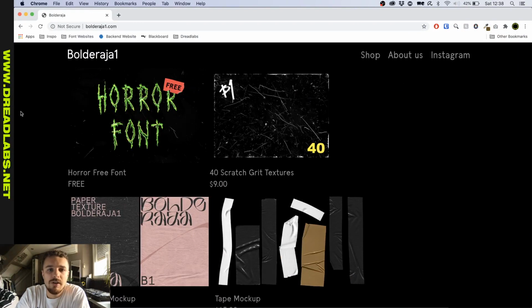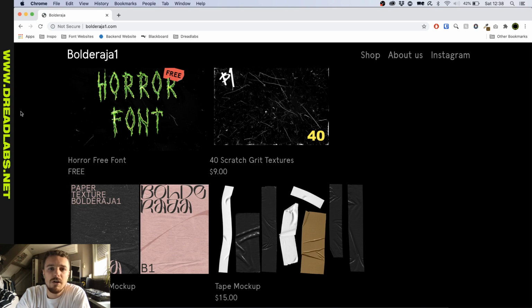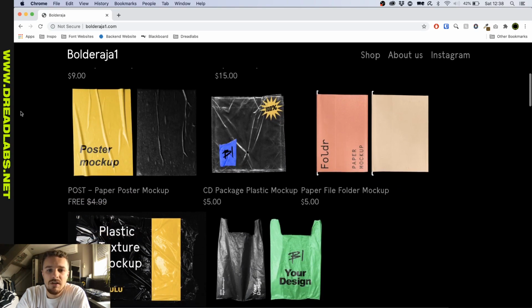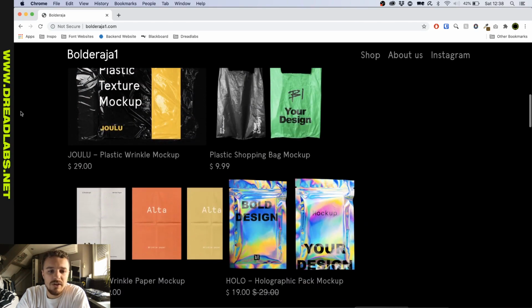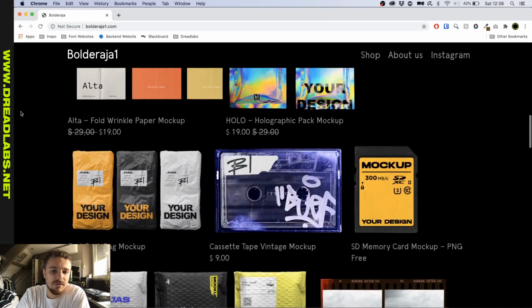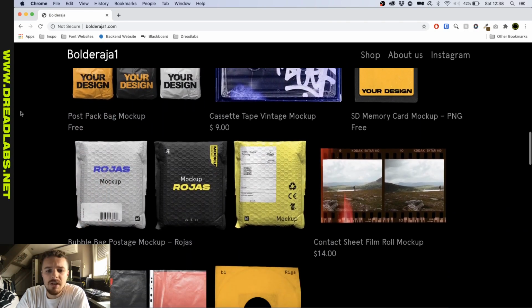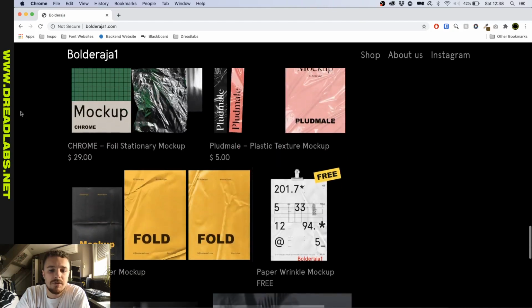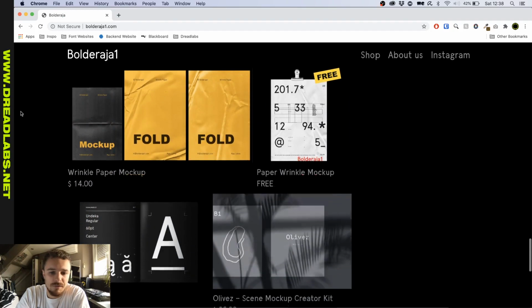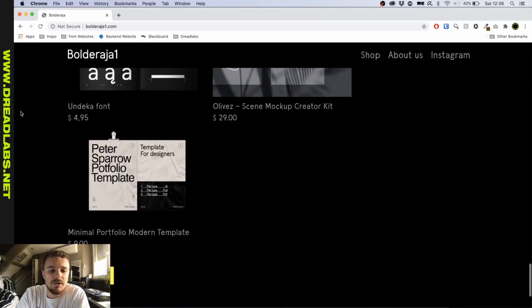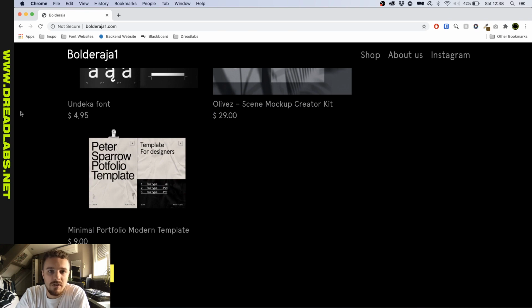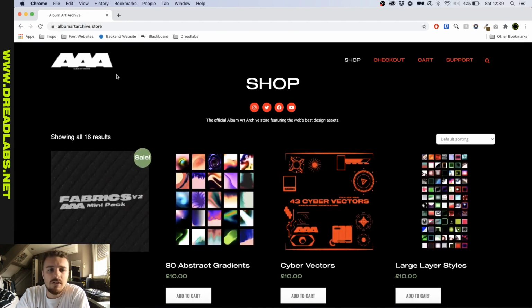Then we have one that I also found on Creative Market, which is called Boulderia1 Studio. I think I butchered that name. Anyway, they do have a lot of mockups and texture packs, as you can see, and also some really cool plastic detailed works basically. So this is one of those websites that has a lot of versatile products, even some freebies in there. So I do highly recommend checking this website out and consider buying something on it. Then finally,